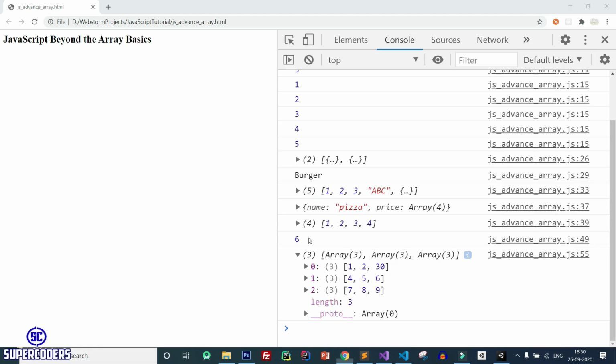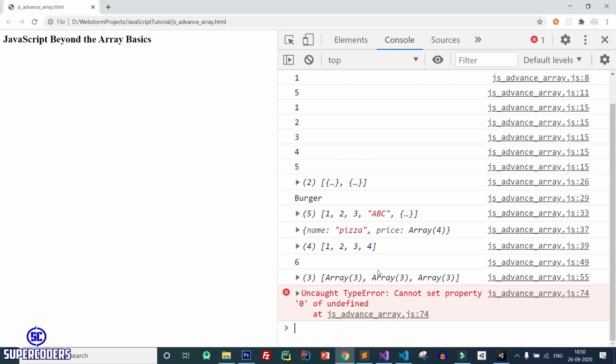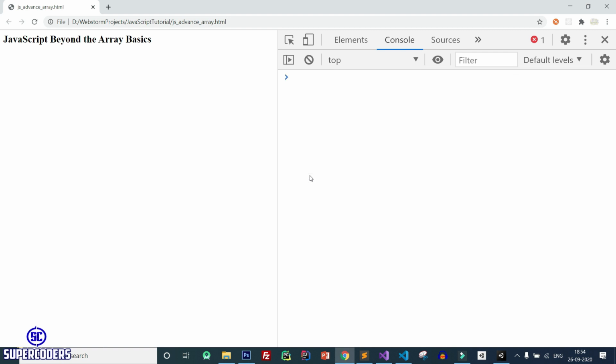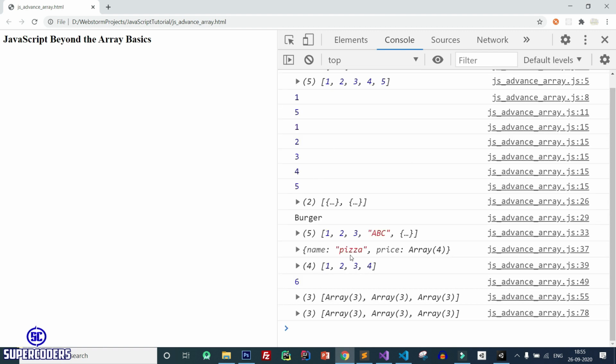Back to Chrome, refresh this page, and here you can see cannot set property 0 of undefined. So let's see the error; here instead of this let's make it an empty array of 2D array, so it will not show any error. Now save it, back to Chrome, refresh the page, and this time it's working perfectly.